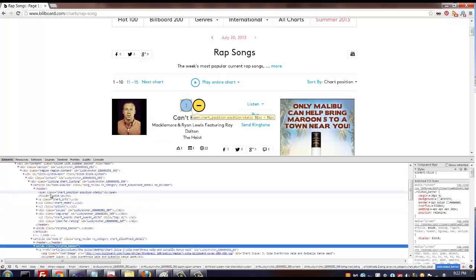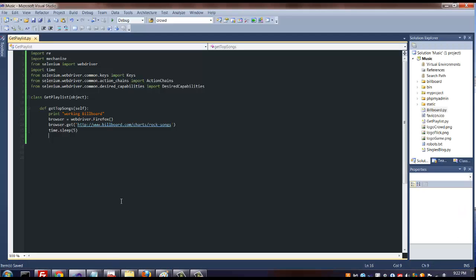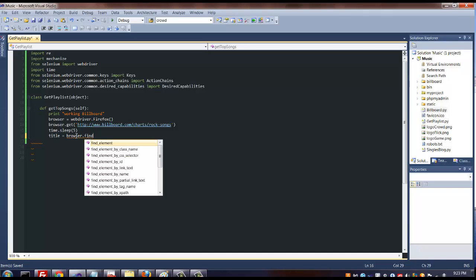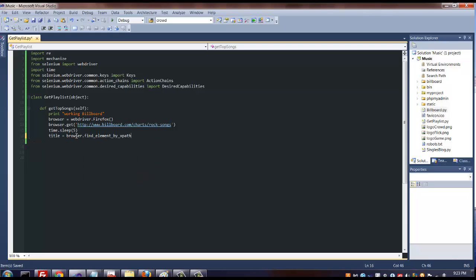All I need to know is that I need to find this span class chart position, and that lets me know that we're at the 1 position, and then I need the next H1 element, which is going to be the song title. So if that's what I want to get, I would search by XPath. Let's say we name a variable title equals browser.find element by XPath, and then in here,